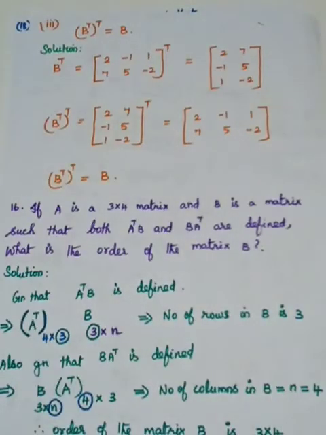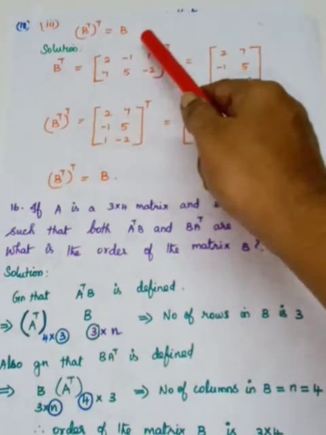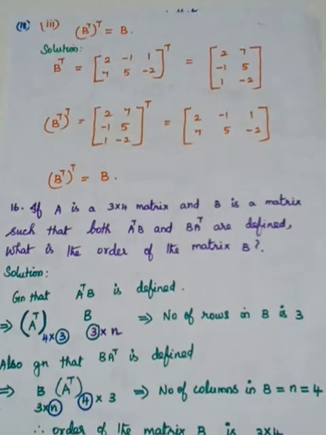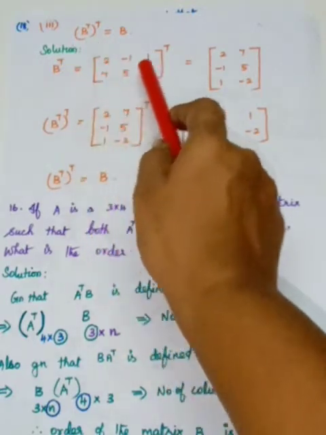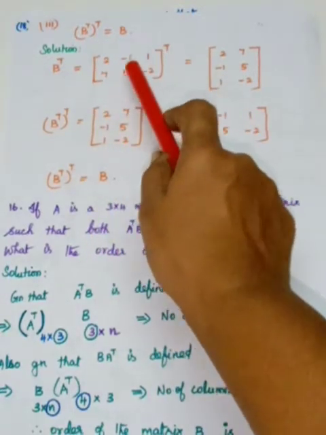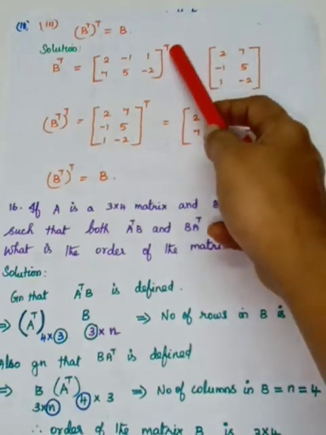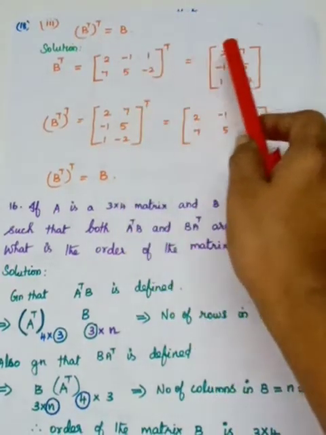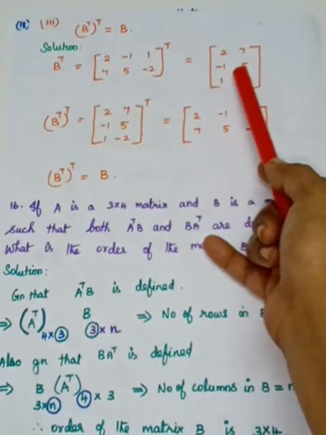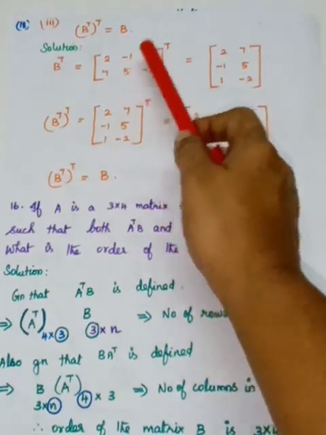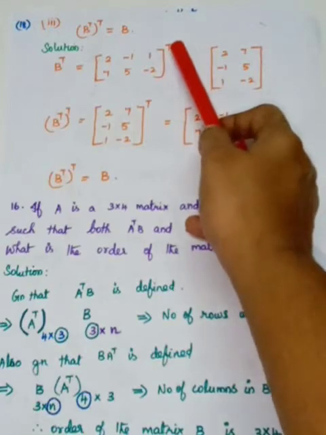Okay, so what is the third result we have to verify? That is B transpose the whole transpose is equal to B. This is the result we have to verify. See now, first you are going to find B transpose. Here I have written the B matrix. For the transpose, what you have to do? Take the first row, write as a first column. So directly B transpose you can write this. Here I have written B matrix to the power t.